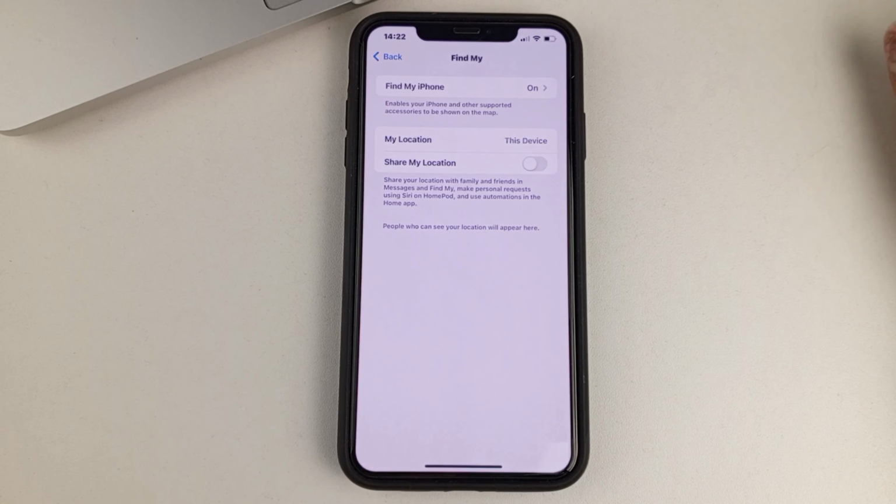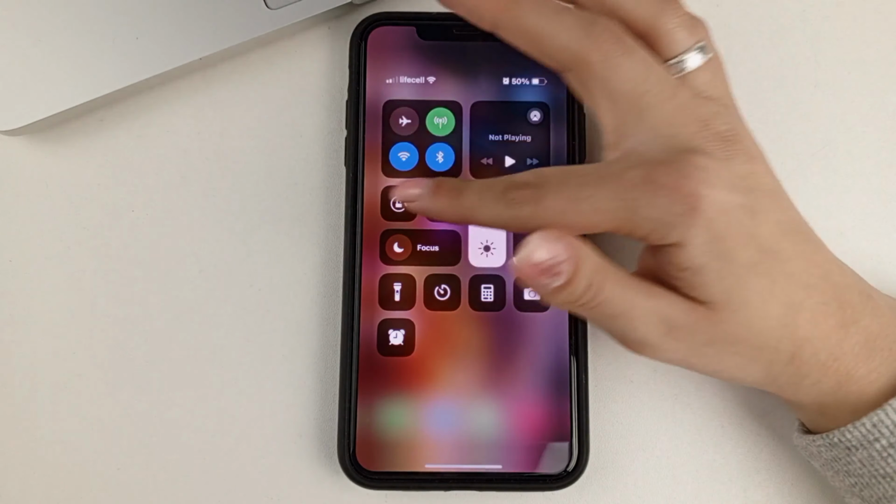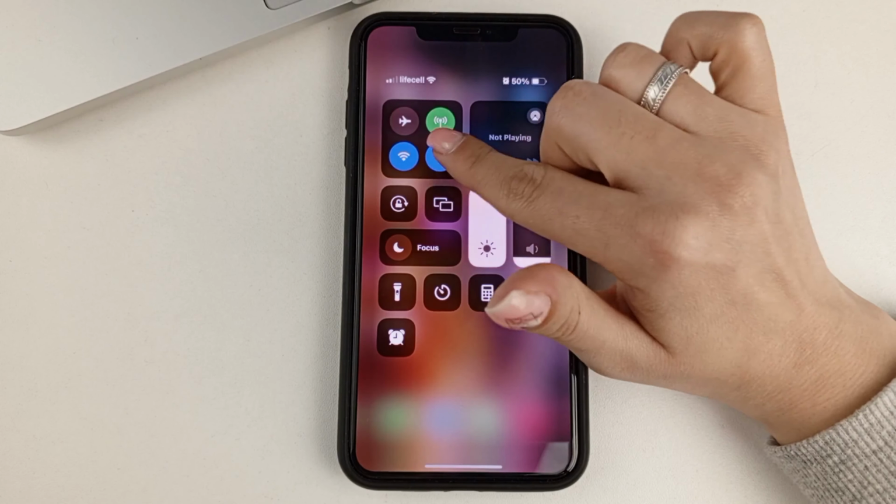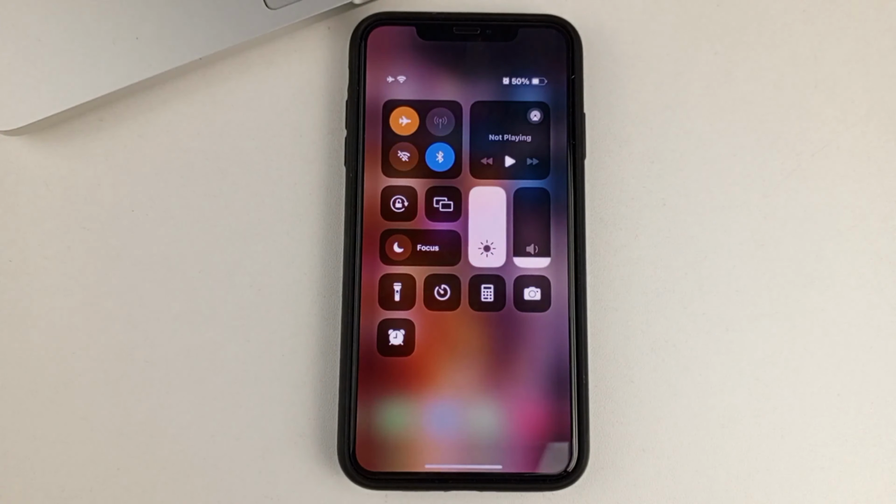For this, we need to enable airplane mode. To do this, we need to swipe down from the top right side of the screen. Here we find a widget with an airplane sign. We're going to tap on it. And now you and I have switched to flight mode. Thanks to it, your family members or whoever is tracking your location will not be able to track it.